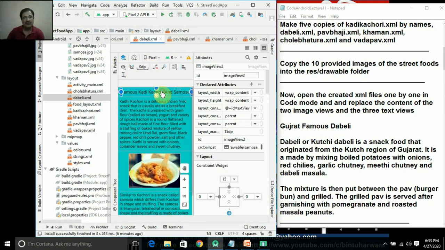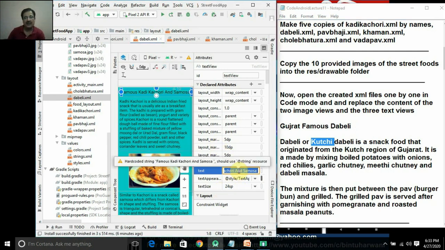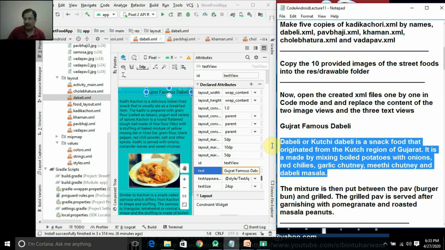So click on this text view and copy this one. After selecting this text view, click its text property in the properties, press delete key and press Ctrl V to paste this content, Gujarat famous Dabeli. Thereafter you select this one. I'll provide you the content, don't worry.